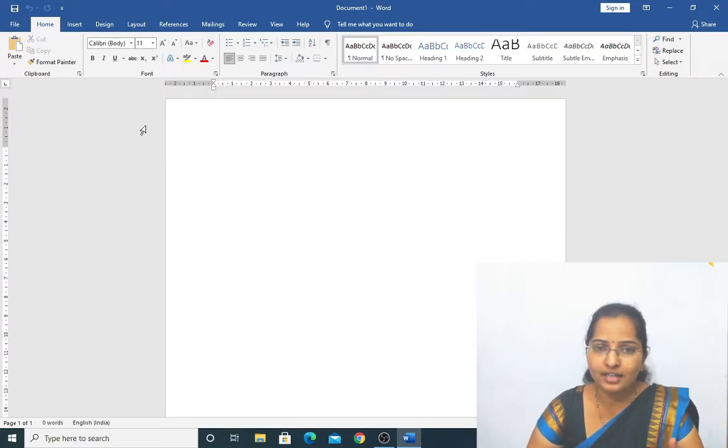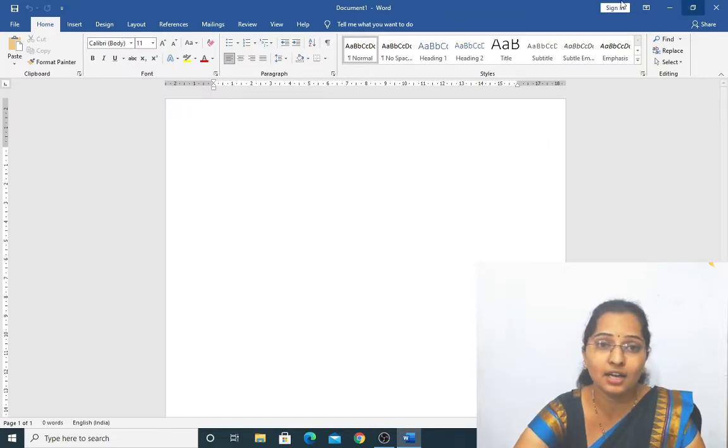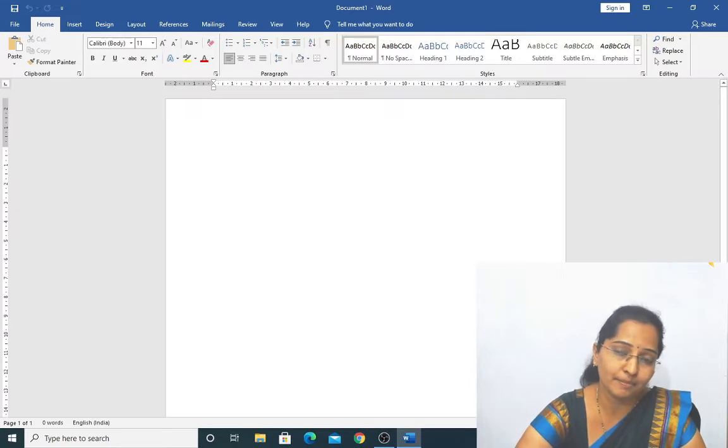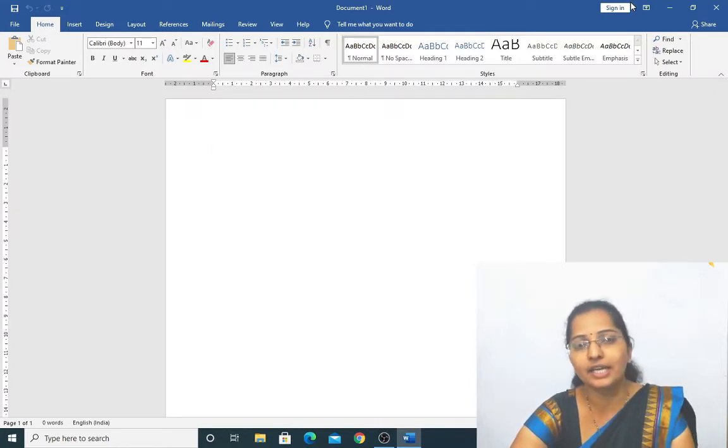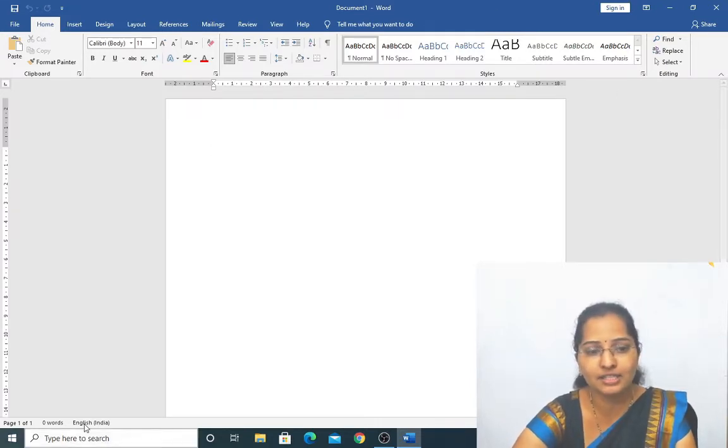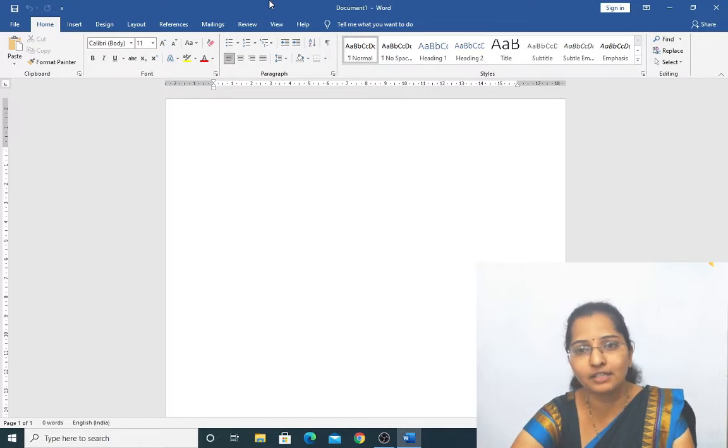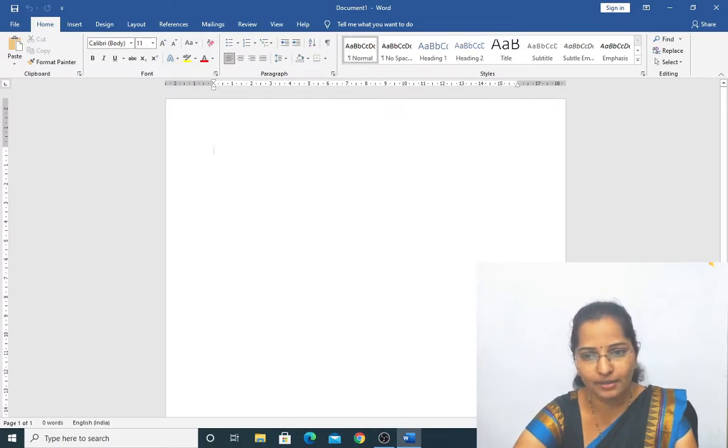In last year's classes and the previous classes also I have explained what the components in MS PowerPoint and MS Word are. Once again, I'll tell what the parts or components of the MS Word window are. This is the document area in MS Word.